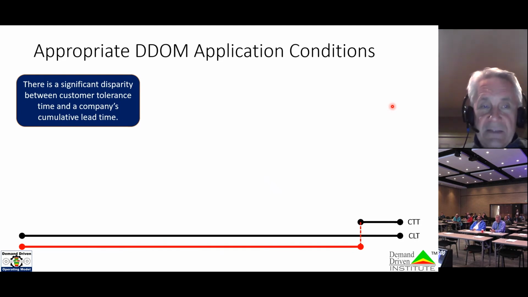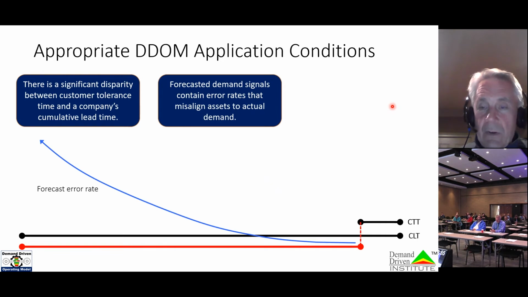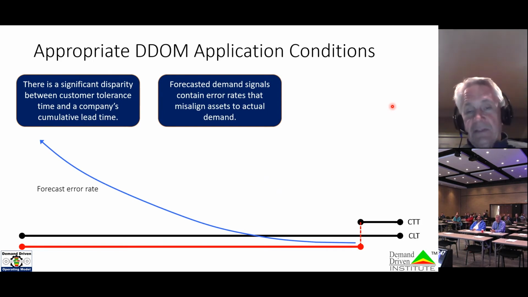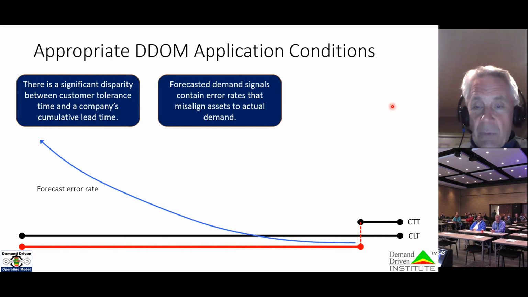Anytime we have a significant disparity between those two time ranges, we are in a very, very difficult situation, because in conventional planning we're going to be relying on a forecast to help us align the activities and the materials to meet that customer requirement, which we know they're only going to wait a few days for once they place their order. So we better have started all of those activities in advance to ensure that we have the materials available for the product that they're trying to buy.